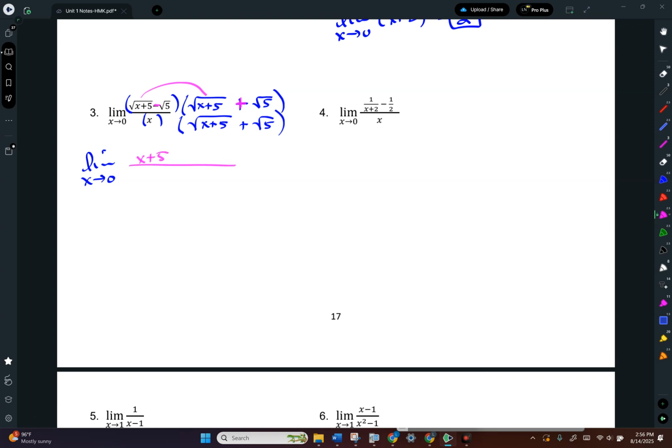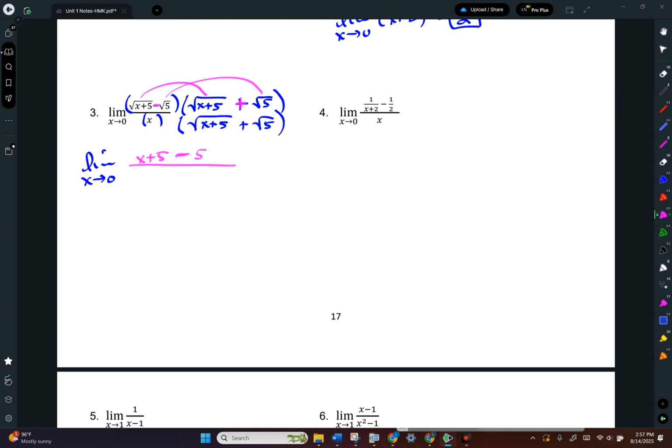And then when I do that, the outer, notice I'm multiplying the exact same parentheses, except one's a plus and one's the minus. It's kind of like multiplying x plus 2 times x minus 2. Isn't that the kind where the outer and the inner are going to cancel and it's just going to be the first minus the last? Well, the same thing is going to happen here. In fact, that's why we're multiplying by the conjugate, because we know that the outer and inner will cancel. So now I need the minus the last, so square root of 5 times square root of 5 is just